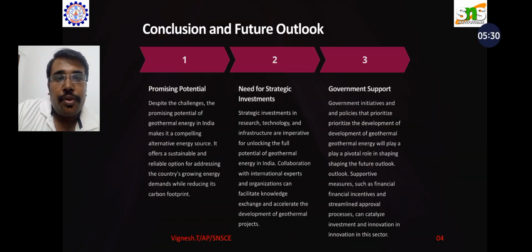And for the future, selecting the suitable sites is important, because those regions, the Himalayan rift and the northeastern states, are hilly regions, so anytime landslides are possible. So if we construct a power plant there and any landslide happens, the whole investment will go to nothing. So this has to be sorted out in the near future.